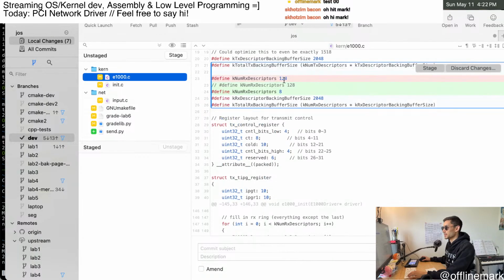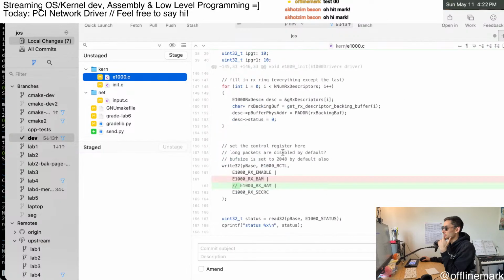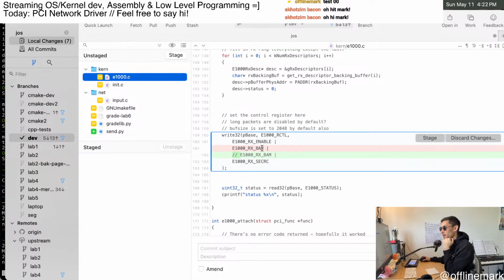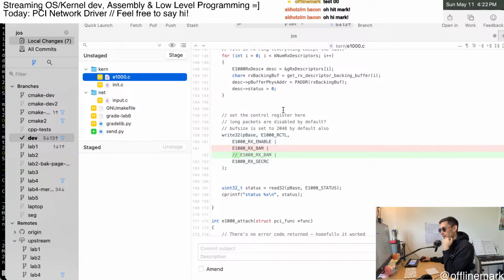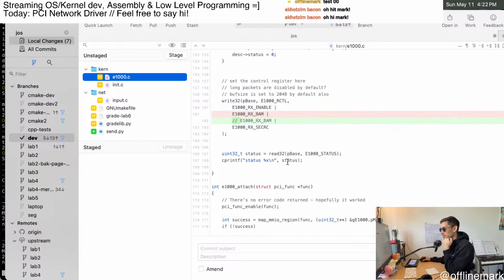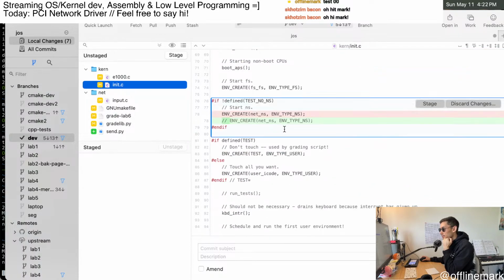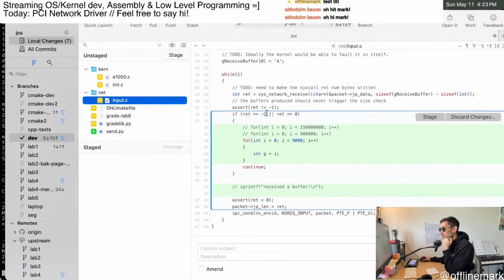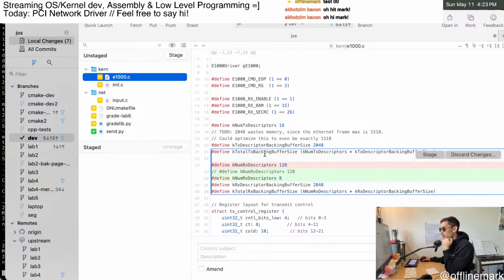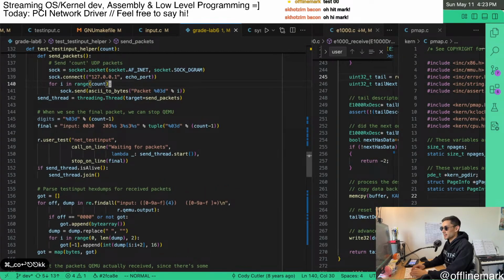I think I'm going to revert this change and bring it back to 128 descriptors. Not quite sure about this one. This one enables broadcast, something with broadcast on the receive side of the NIC. I don't think we actually need that, but I had it in there. I've disabled it and things are working, but I'm not sure if it's bad to put it back in actually. I'm going to just delete this hunk. So now we can try to move on and